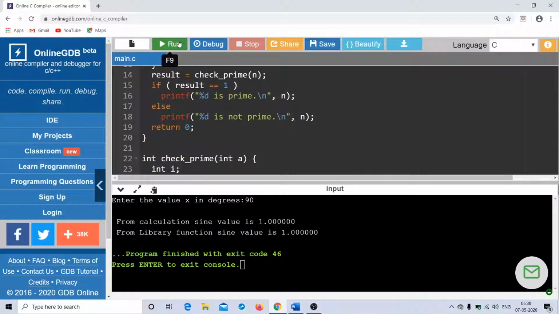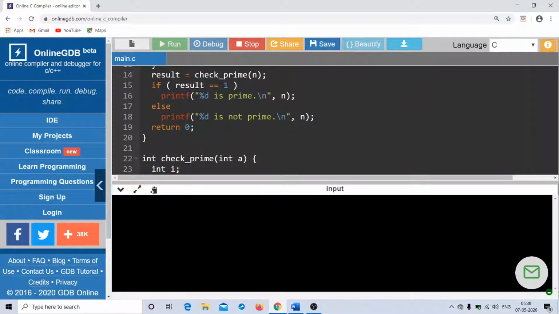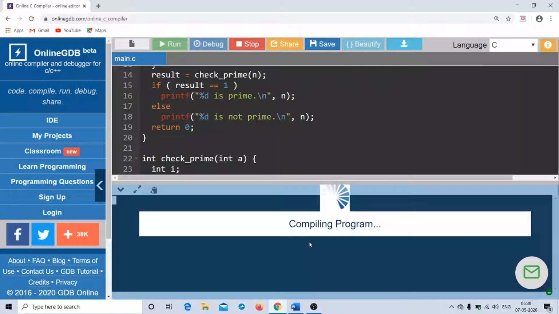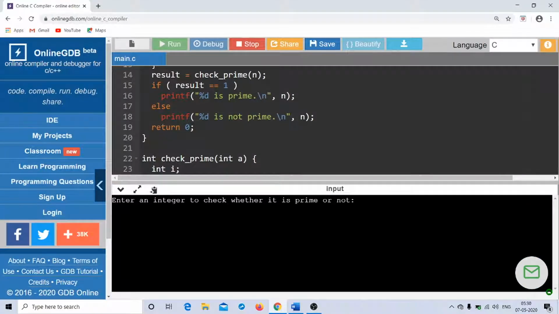And let me run the program for you. So enter an integer to check whether it's prime or not. I just say 5, and we have just seen that 5 is a prime number. Let me run the program once again for some other value, for something which is not a prime. Let's say I enter 16, and you get 16 is not a prime, right? So this is how basically you develop a program for a prime number.